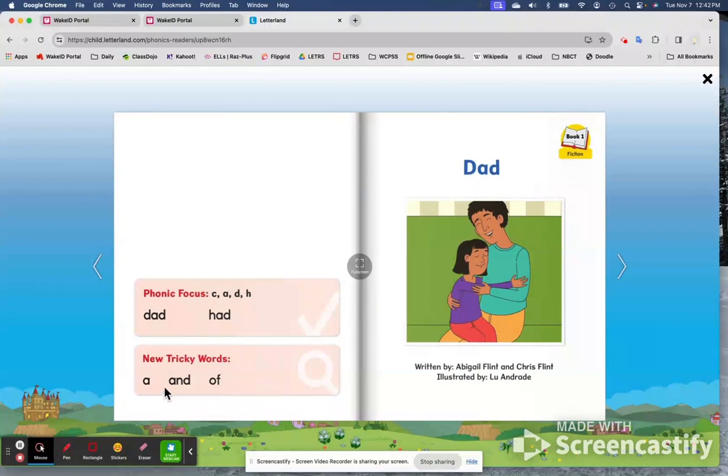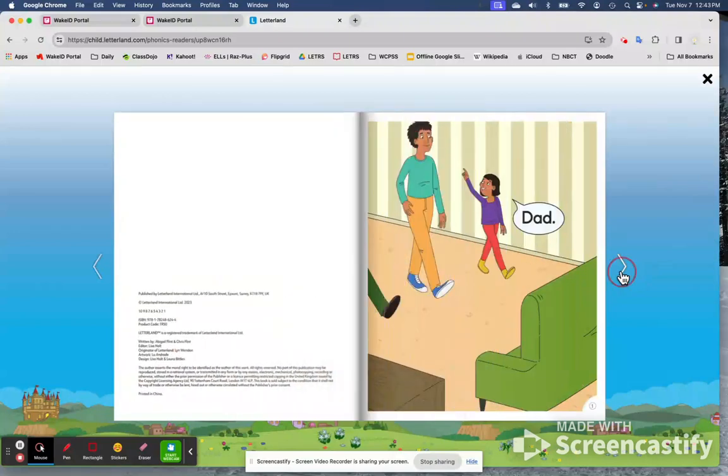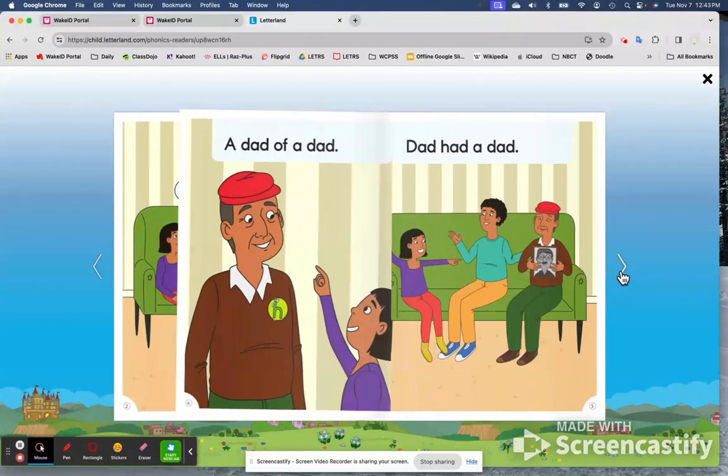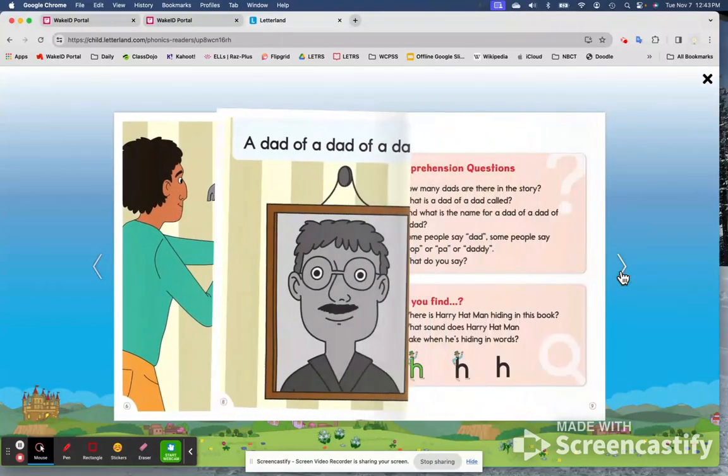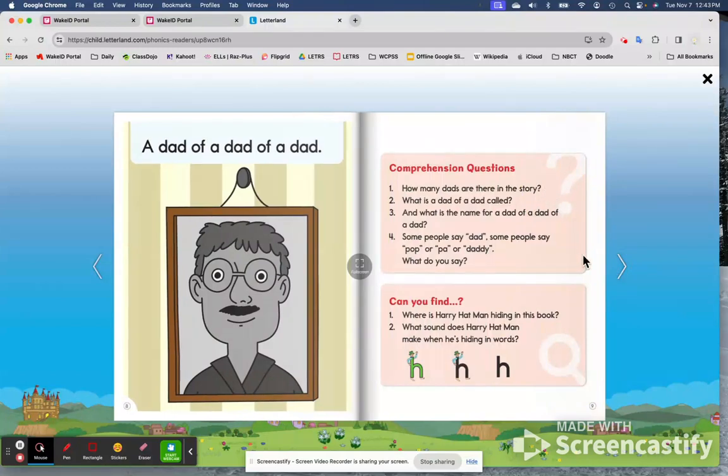Now, "and" is not really a tricky word because it is regular and they can sound that out, but they haven't learned to do blends yet, so you might want to make sure they can read the word "and." So make sure they know the tricky words, and then your child should be able to read this book all on their own. At the very end of the books, there are comprehension questions that you could use to discuss with your children if you wanted to, and there are also some